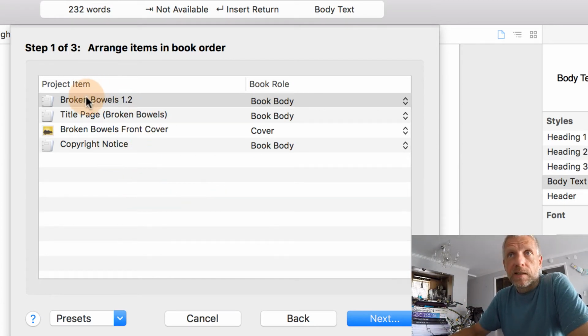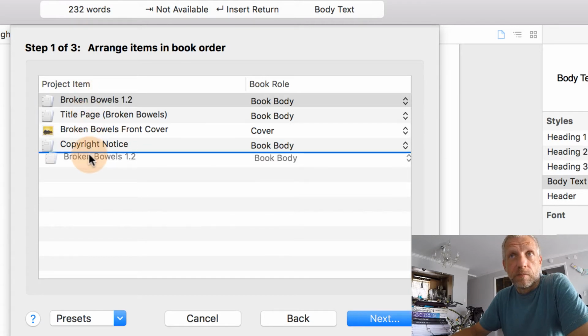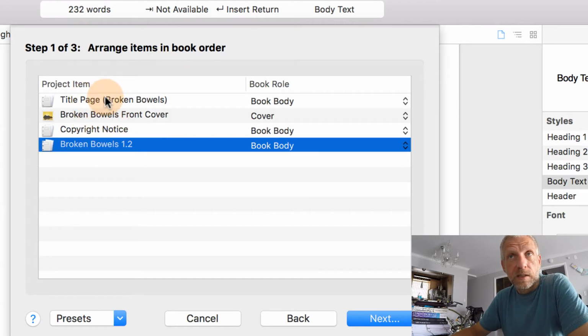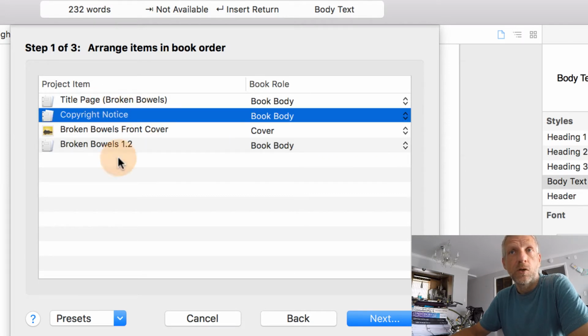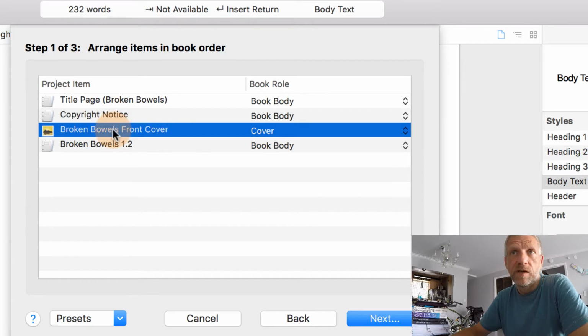So in my case, I'd like my manuscript to be, I guess, at the back, and I'd like the title page perhaps to be at the front, and after the title page I may want my copyright notice. And then of course there's the cover. Perhaps the cover should be at the very